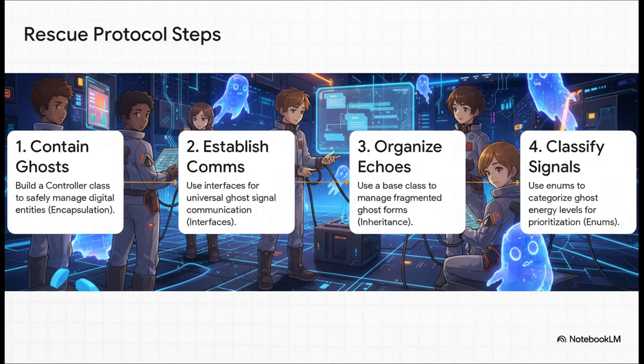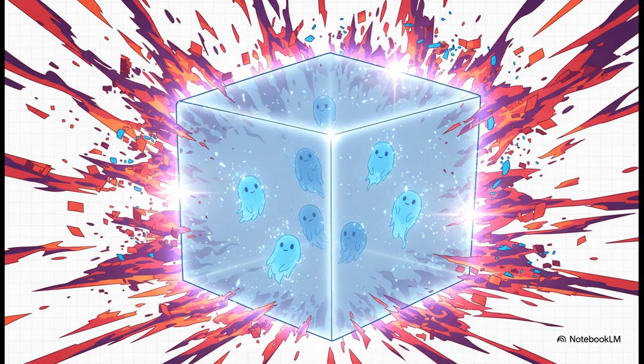Your construction is going to follow 4 key phases. And the beauty of this is that each one maps directly to a core object-oriented concept. You're going to build a more sophisticated, more robust system as you move from one step to the next. So first up, encapsulation. This is the principle of bundling your data and the logic that works on that data together in one safe little package. You'll model the lost students as data objects. These are your ghosts. Then you'll build a containment controller, that's the machine, which is a class that safely holds and manages a list of these ghosts, protecting them from all the chaos on the network.